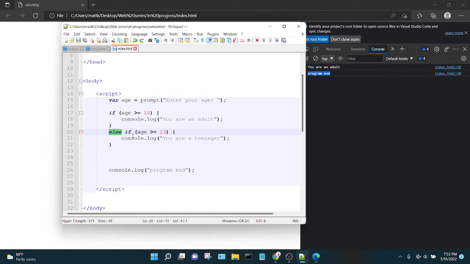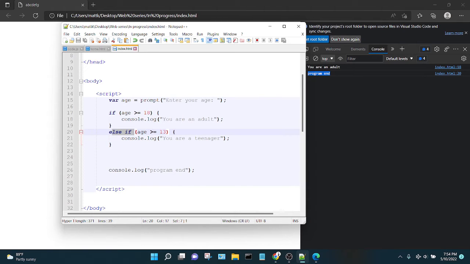Else if statements, this will pick it up, and then it will ask, well, is 17 greater than or equal to 13? Well, yes, so you are a teenager. So even though I didn't put the range 13 to 18 or anything like that, it's kind of taken care of already because I have this up here. If I entered 18, this would happen and this would not, which is a very important feature of else if